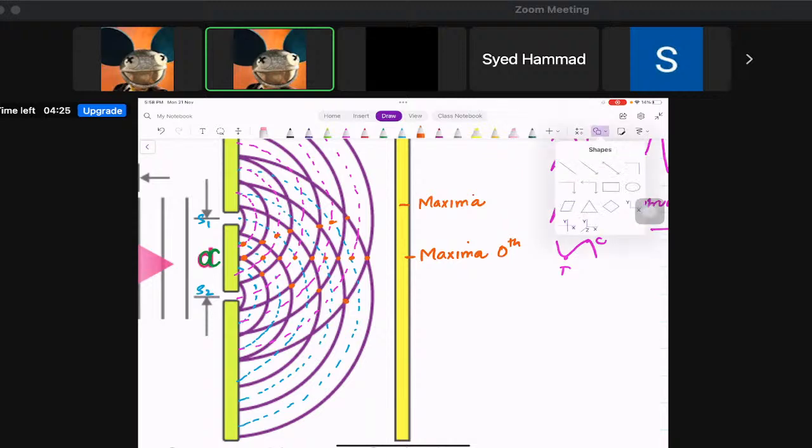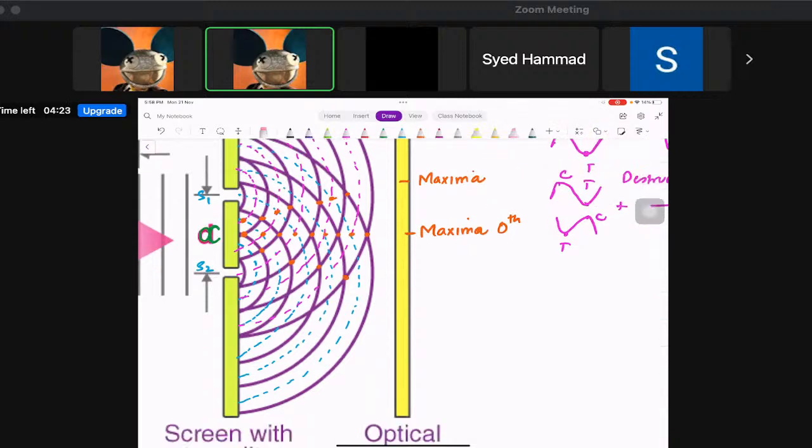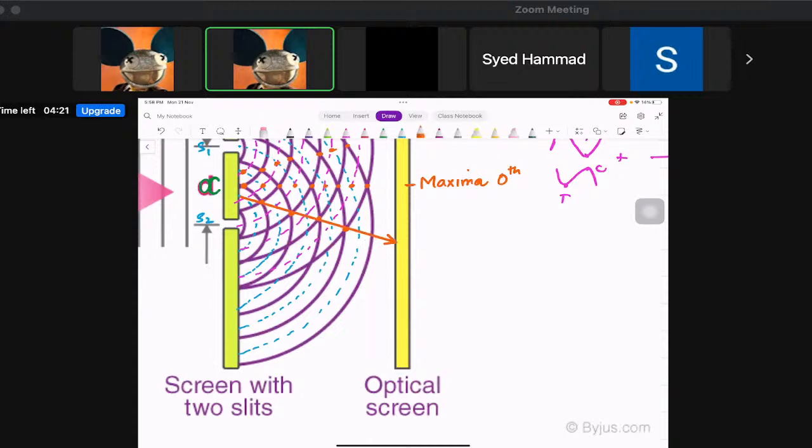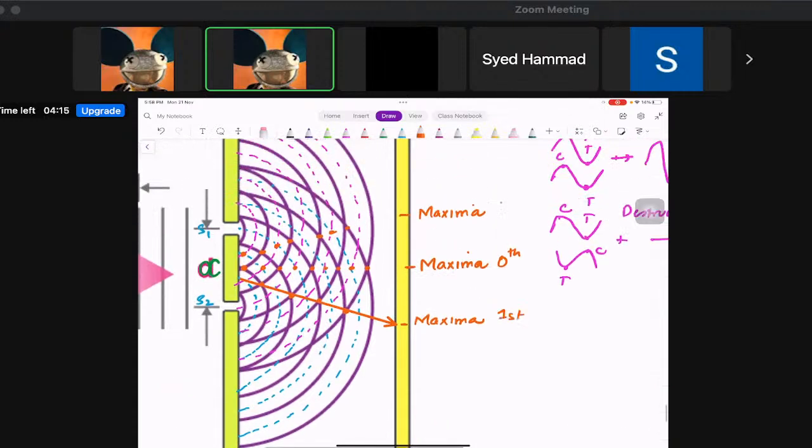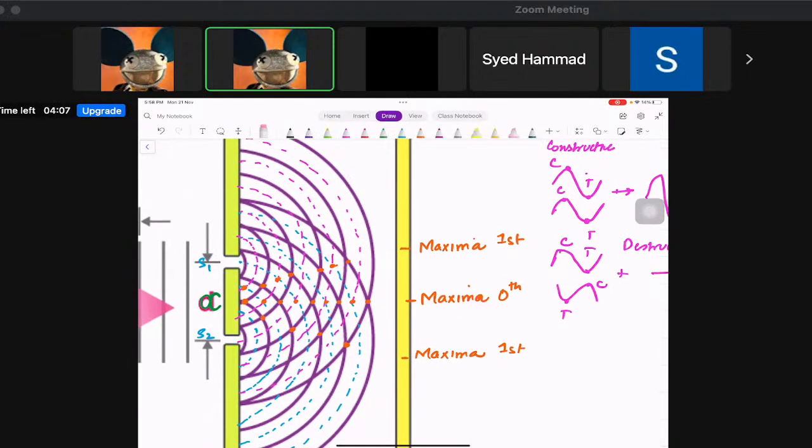So if you draw it, here you would witness another maxima, and these maximas are basically the first order. Very simple. From the lines you can actually judge what's happening. Interestingly,